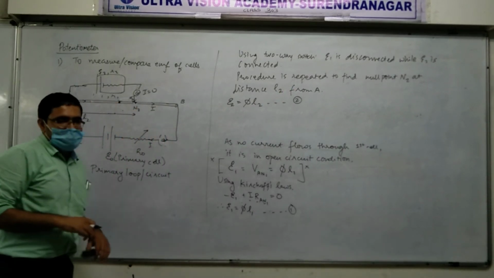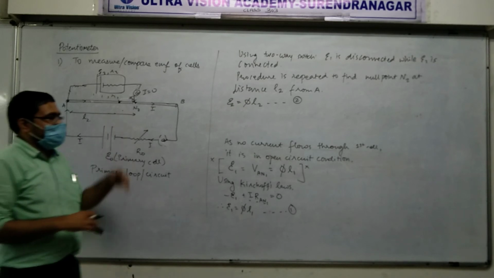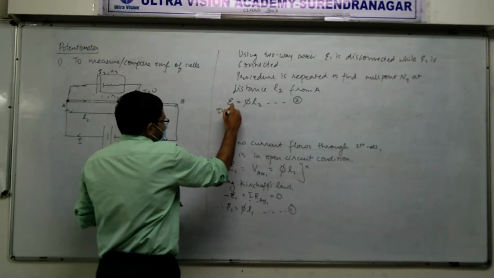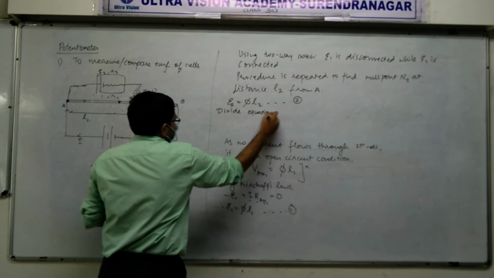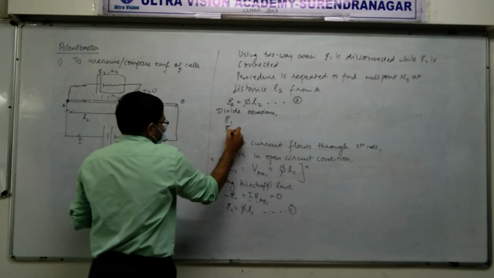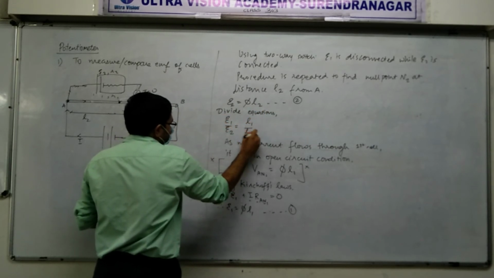Now, can we compare them easily? Yes. By dividing the equations, we get epsilon 1 upon epsilon 2 is equal to L1 upon